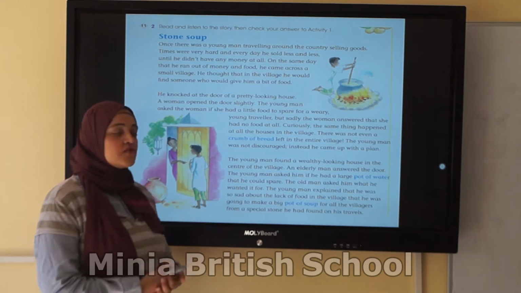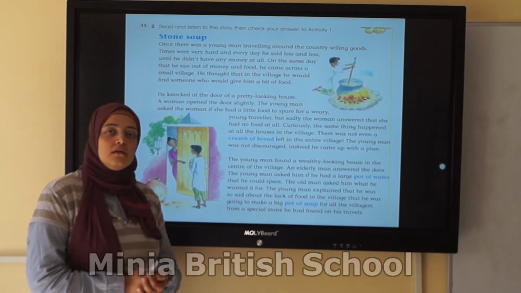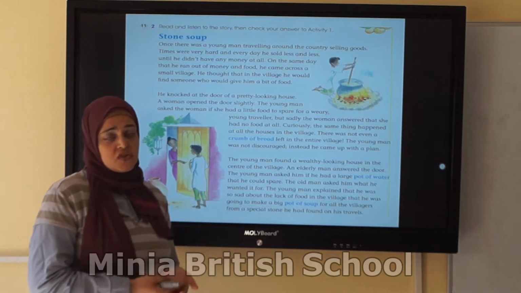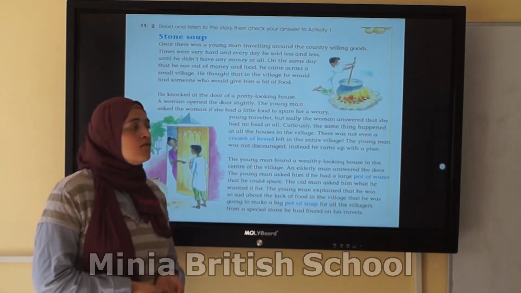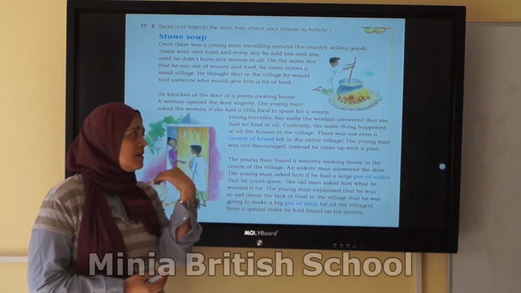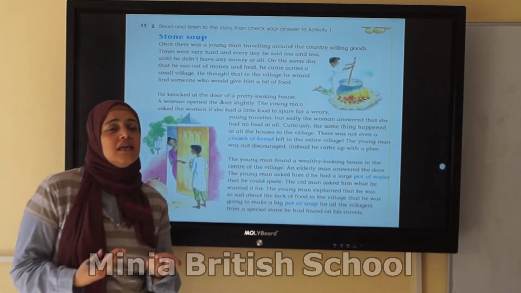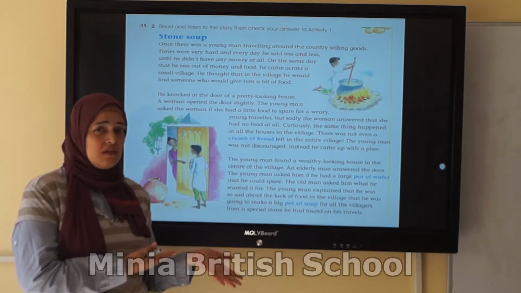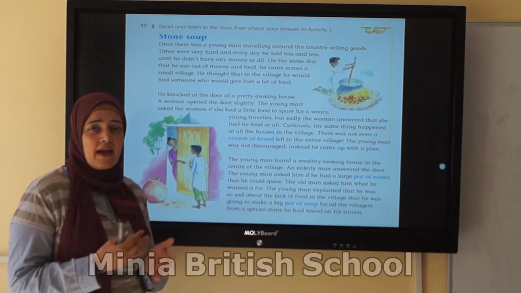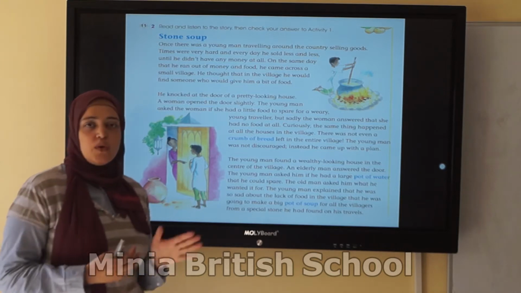Generally, our story is talking about a man that is selling goods in the streets and traveling from one place to another place to sell things. But unfortunately, he didn't sell. He used to sell many things. But then what happened? He didn't sell as he was selling before. So the money ran out. He didn't have money anymore. After that, we will know